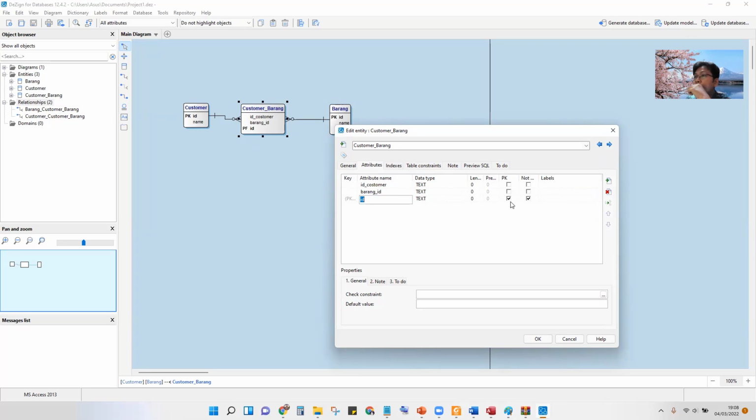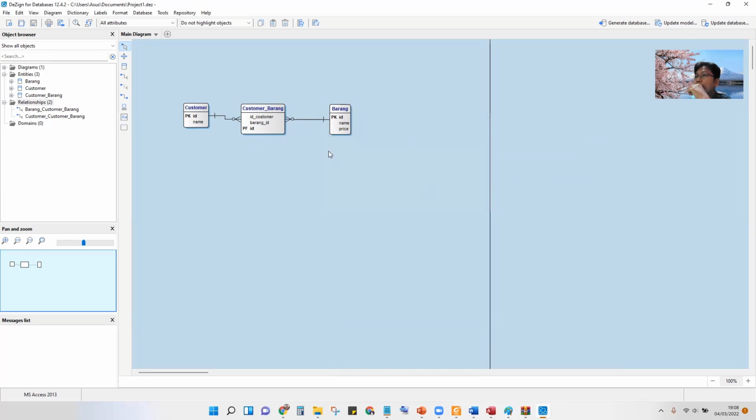There must be a transaction ID here. Okay, for example, we have only one transaction like this. Of course, there must be detail, because one customer maybe buys a lot of stuff.